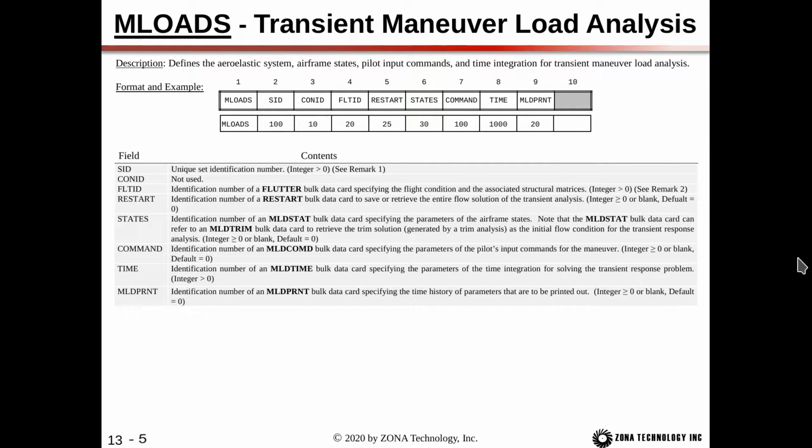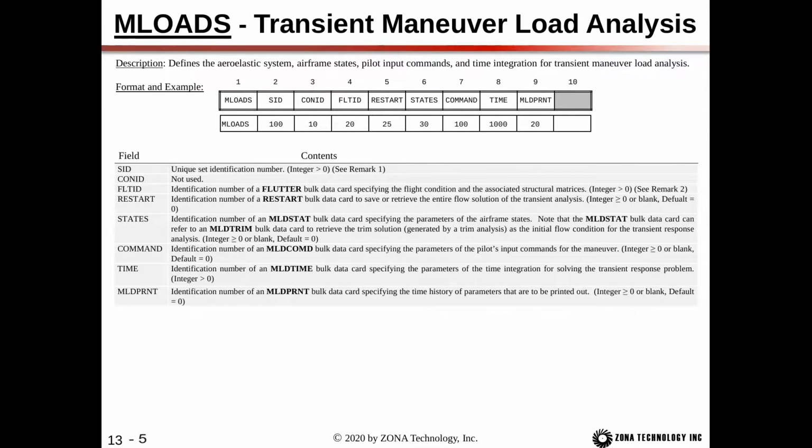So here's the MLODS card with an ID number referred to by the case control section. CONID is not used. That's left over from ZEUS. The ZEUS does not allow you to define a control system. That functionality is only available in ZEUS. Next we have the FLUTID field, which refers to a FLUTTER card, which just defines the analysis parameters. Then we have a restart field. This is the identification number of a RESTART bulk data card to save or retrieve the flow solution of the